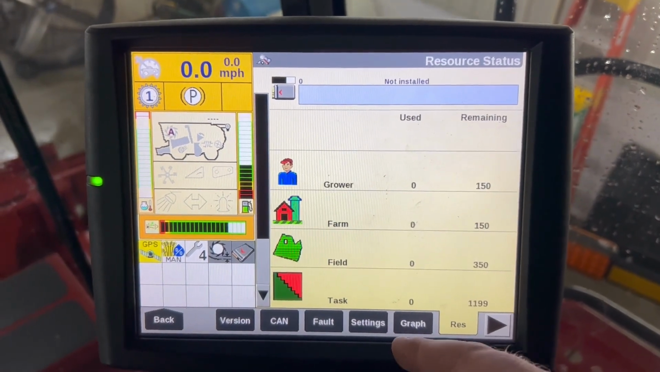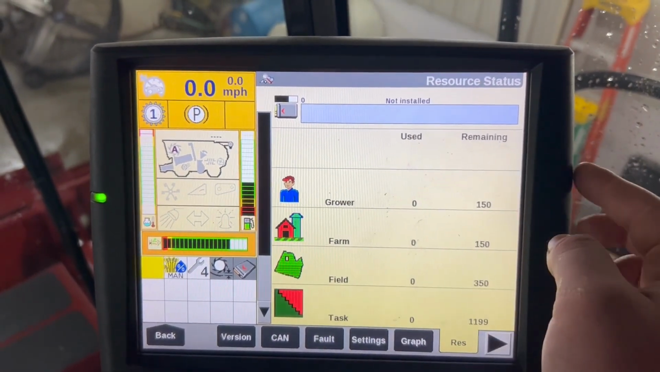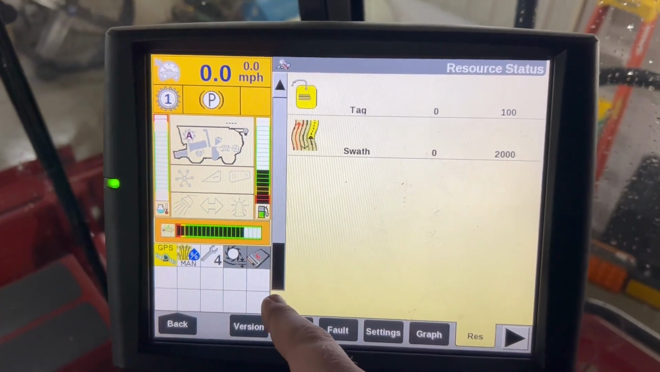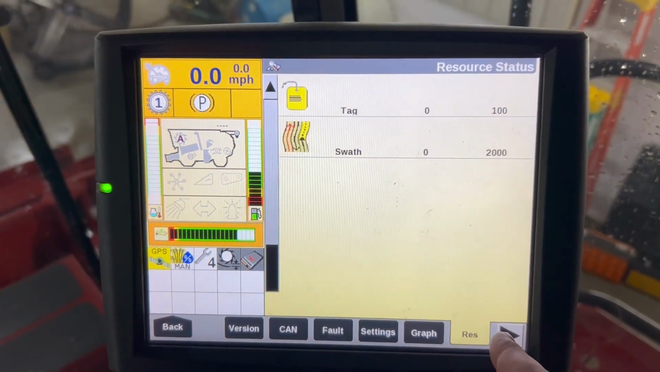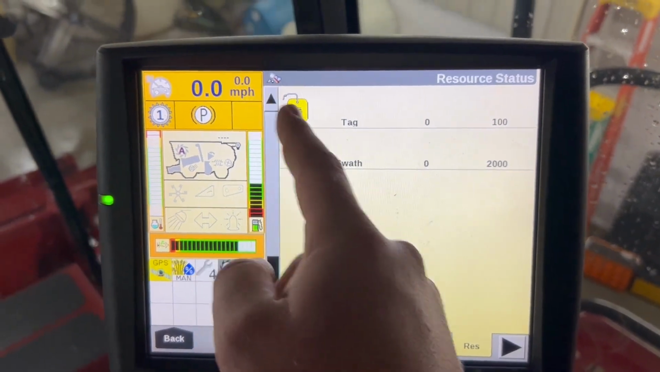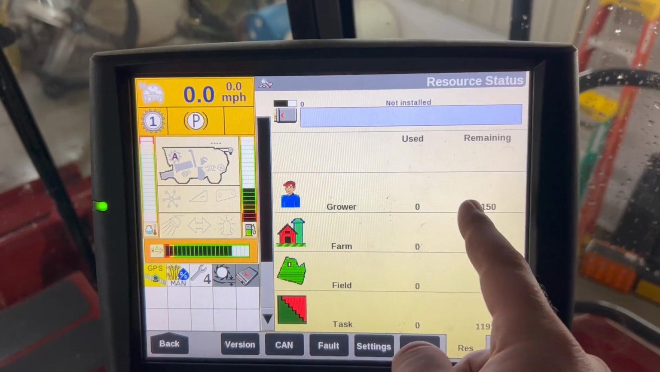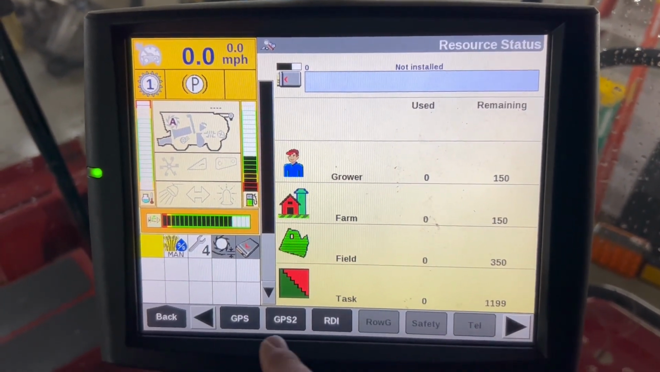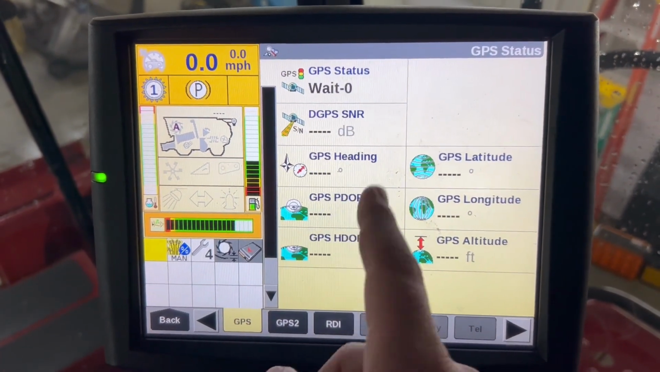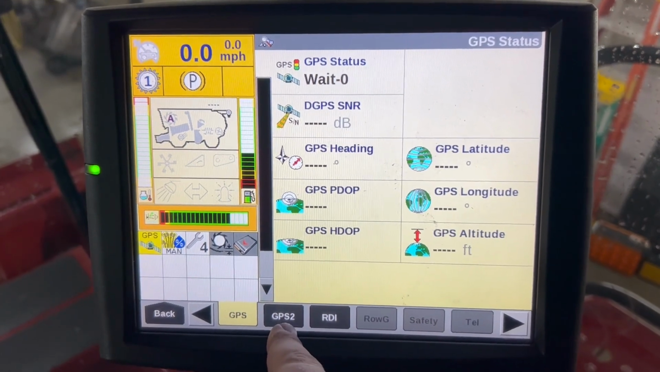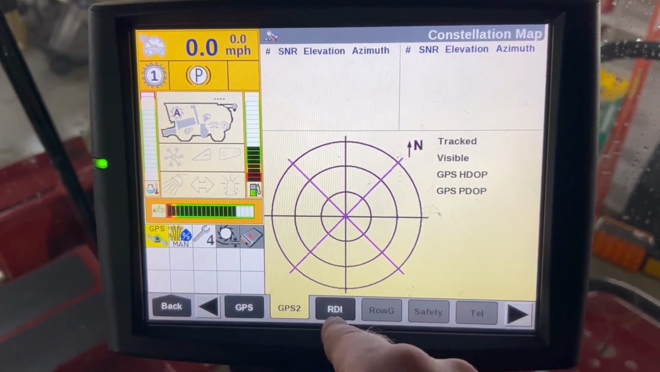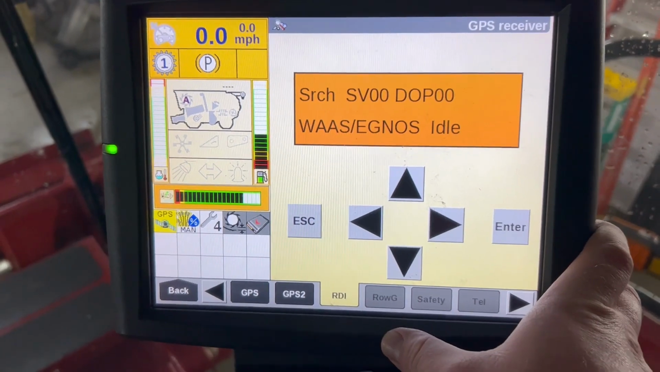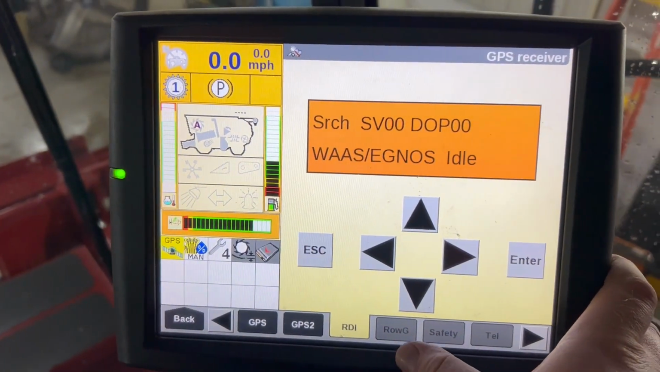So the RES tab lets us know if we had a USB plugged in, how much storage we had used on it, how many grower and farmer fields we have on a specific machine, and if we're reaching our limit. Over here we see our remaining and used. This one's been completely wiped out, so nothing has been used on it. The GPS tab would tell us how many satellites or what signal we're currently seeing. GPS 2 shows us what satellites we're tracking. The RDI page is more for if you wanted to switch your GPS configuration onto